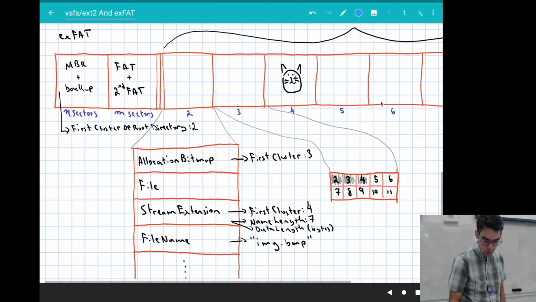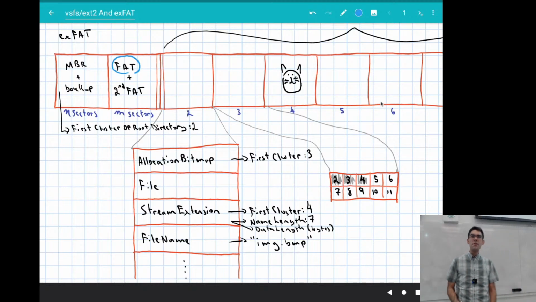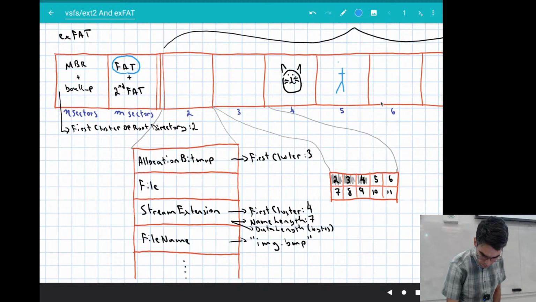We are going to need to make changes to the FAT. This is one of the things that we're going to have to make changes to because we're going to have to add a new cluster to the cluster chain for this file. There is an existing cluster chain, but it's one entry and it's FFFFFFFF. It just says that there's only one cluster currently in this thing. I'm adding a new cluster to the end of this file, putting a picture of myself in here. And so I need to add a new cluster to the cluster chain for this file.